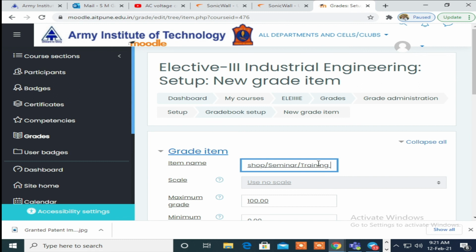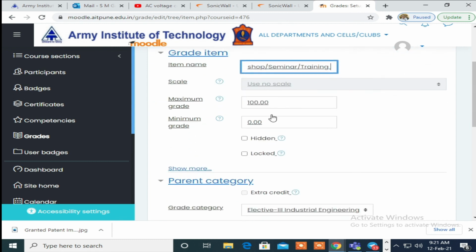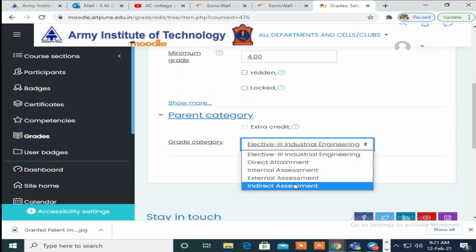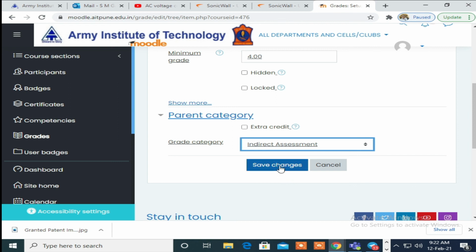You can give maximum and minimum grade 10.00 and 4.00, and it should be under indirect attainment. Save change.